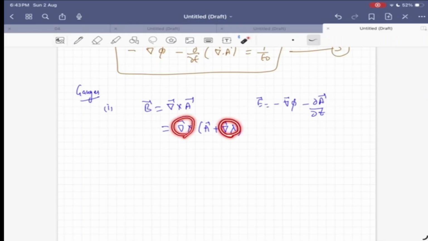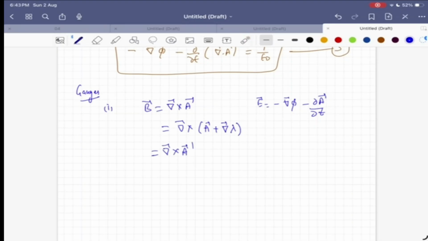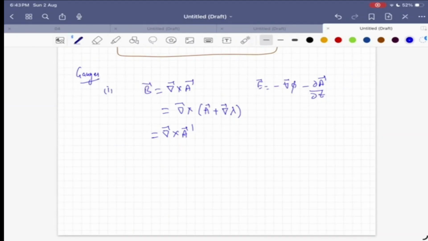Curl of a gradient is identically 0, del cross del lambda, where lambda is a scalar. So this second term will contribute nothing to the overall B value. It will remain the same, but now A has been modified to A prime, where A prime is A plus grad lambda. So the choice of A is not unique. We can always add to A any quantity which can be written as a gradient of some scalar. And if we look at the E value,